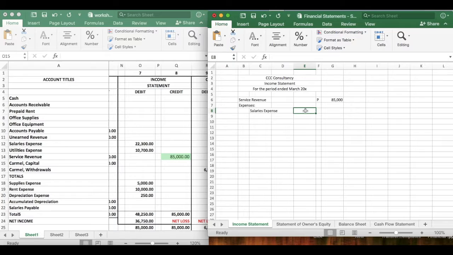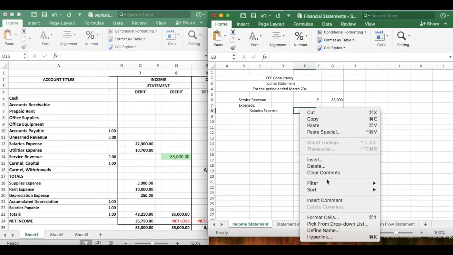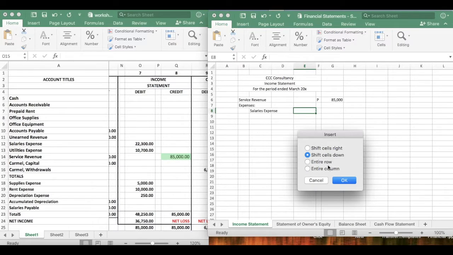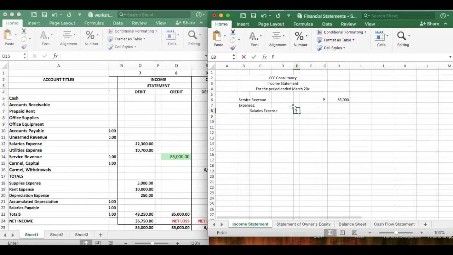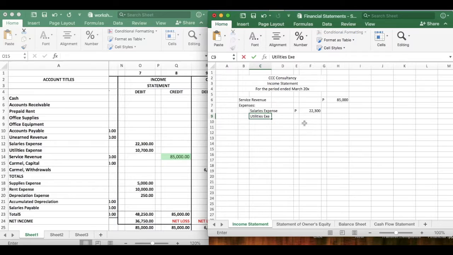Okay, salaries expense at the amount of, okay, I'll add first a column here for the currency so it doesn't mix later. Okay, salaries expense is at 22,300. Okay, then we have utilities expense of 10,700. Okay, then we have supplies expense,